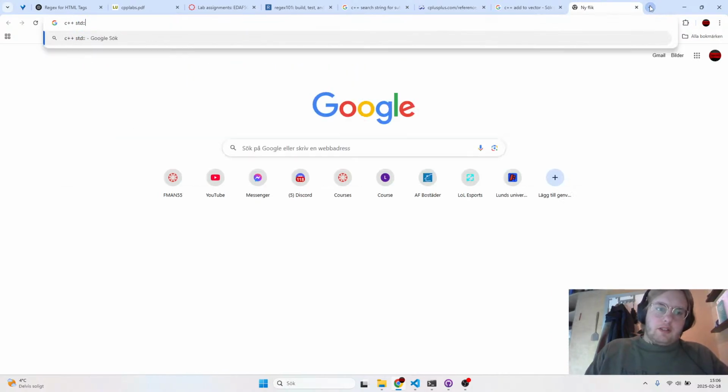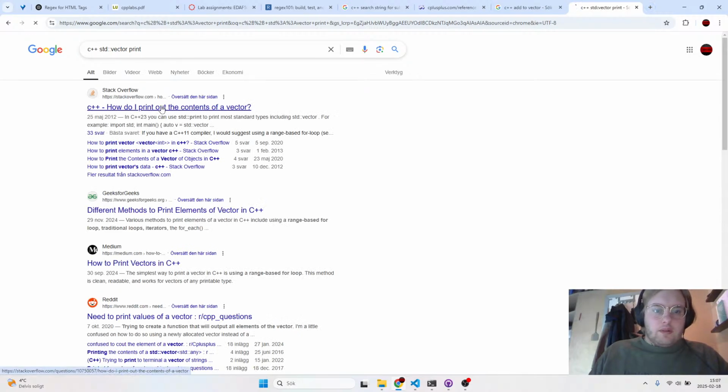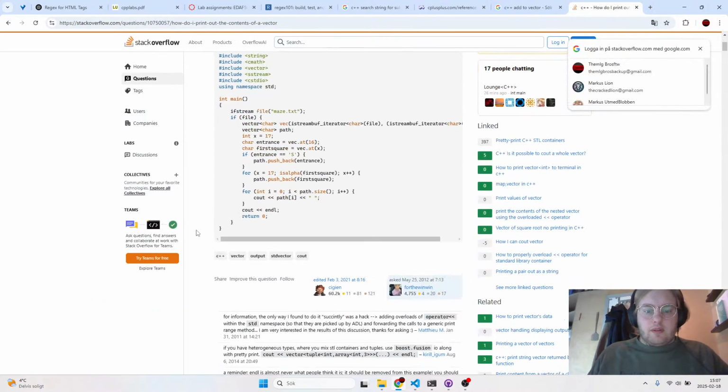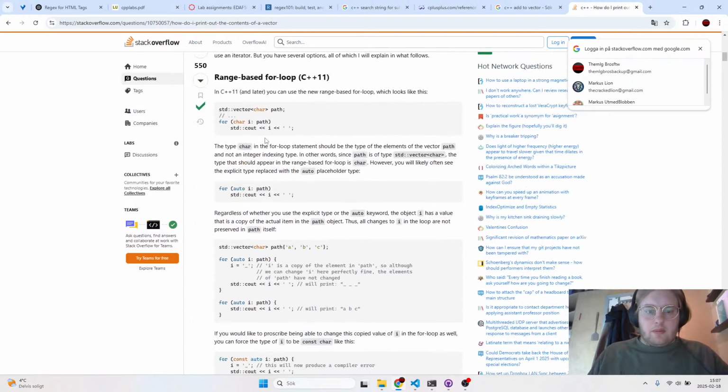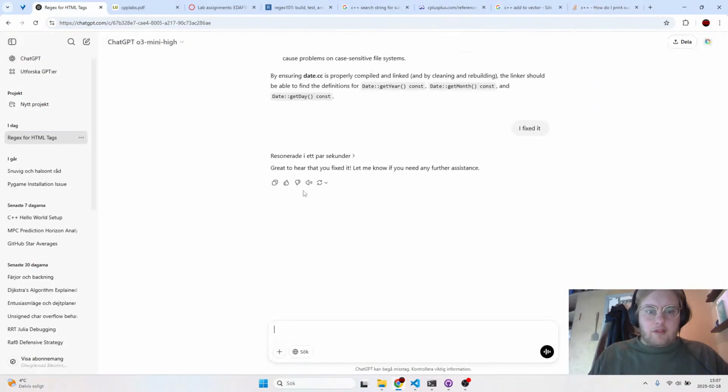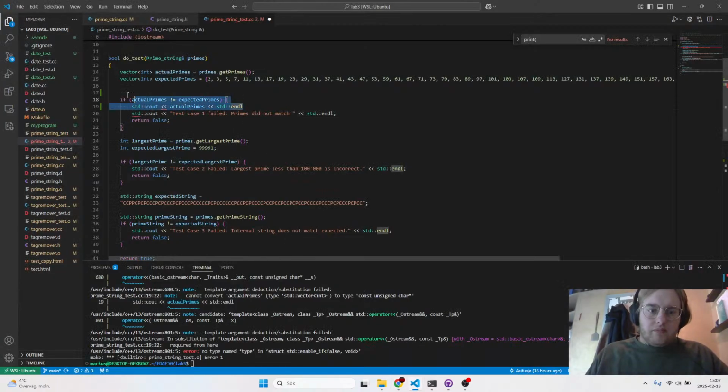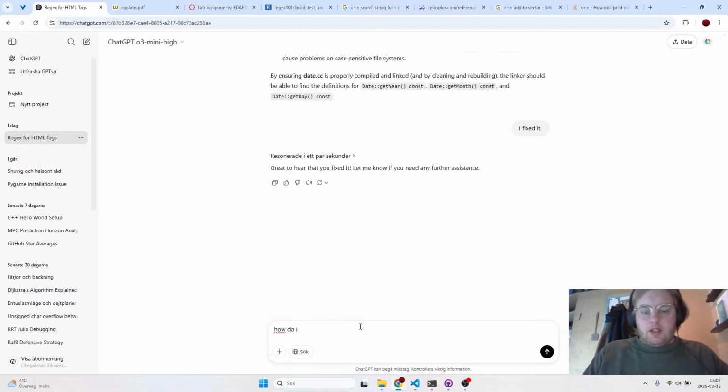C++ std vector, vector print. How do I write the content of a